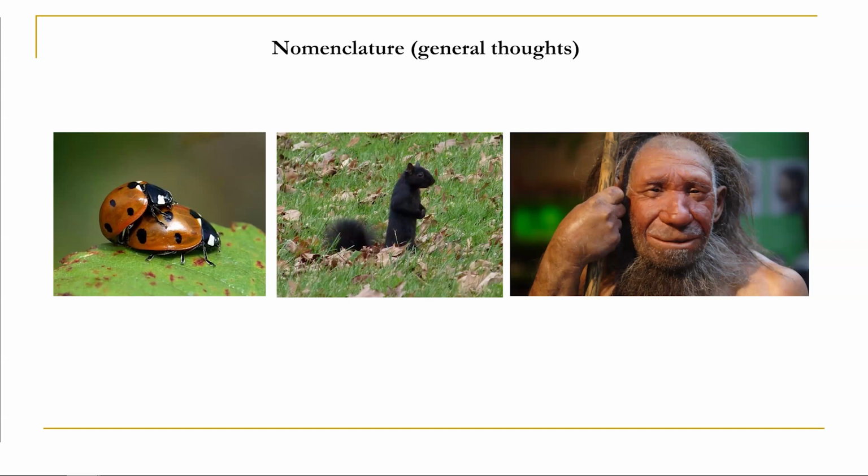No name is correct pretty much one day after you coin it. The examples here, of course, are the lady beetles on the left. I'm pretty sure one of them is not a lady. I'm not quite sure about the other. In the middle, you see an American gray squirrel. It's not gray at all. And on the right, you see a Neanderthal, but that was not found in Neanderthal. So it's not necessary to have a problem with a human virus infecting a squirrel or a squirrel virus being a human virus. So with that, I'm kind of like,